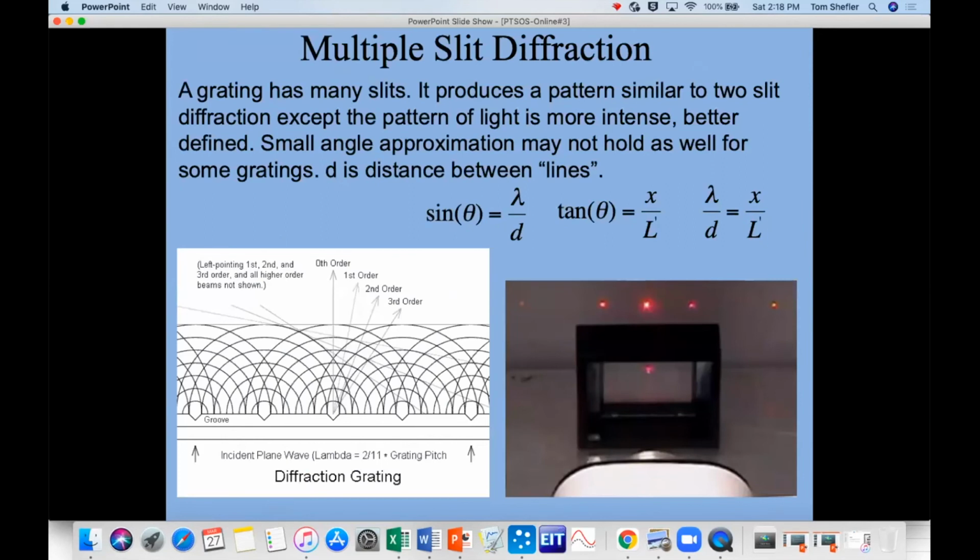Multiple slit is a little harder to understand, but it works the same way mathematically as double slit. If you don't want to go into this, which they can still see some of the geometry going on there, you don't really have to, because the end result is the same, except maybe the small angle approximation